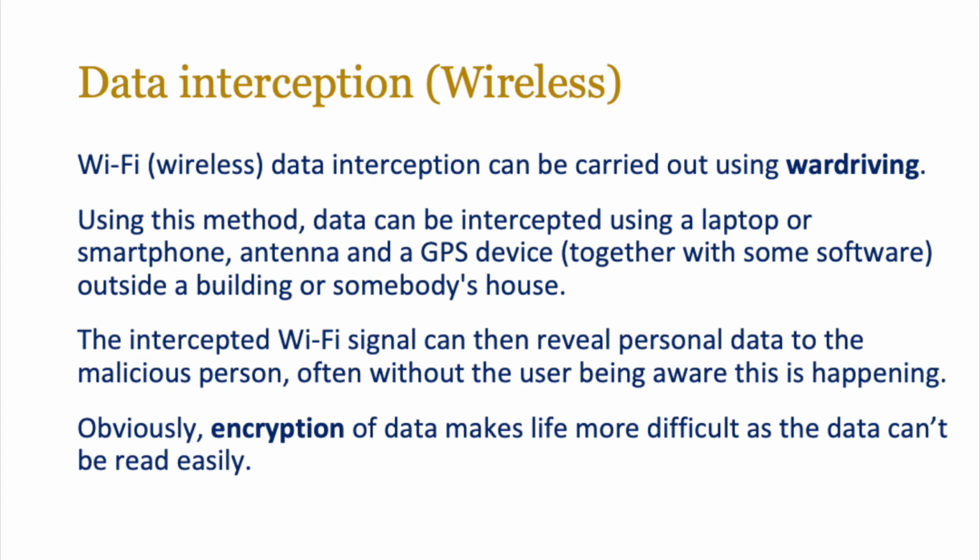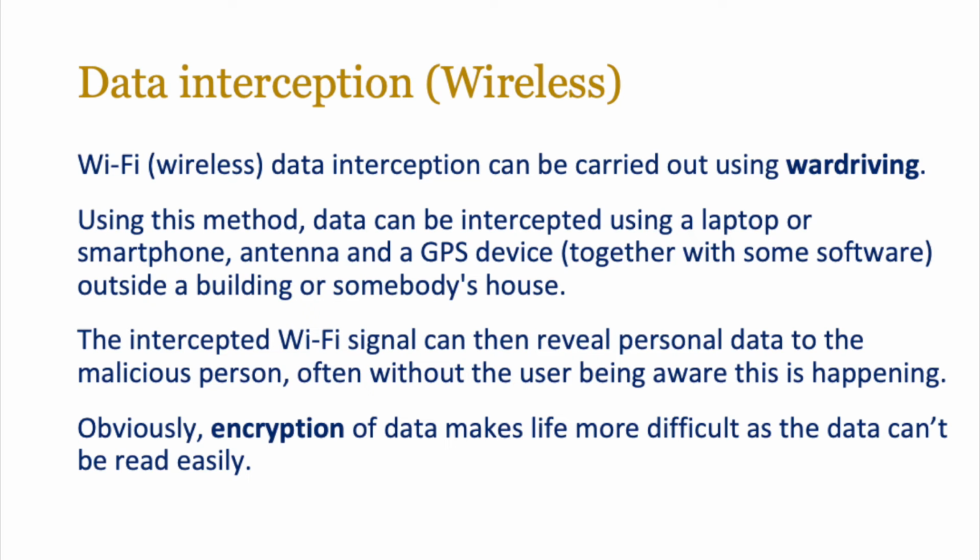If you're using a wireless communication network, then Wi-Fi data interception can be carried out using war driving. Using this method, data can be intercepted using a laptop or a smartphone or an antenna and a GPS device together with some software like a packet sniffing tool. And you normally set out outside a building or someone's house or in a cafe, and you create a fake hotspot. When a person connects to that hotspot, then you intercept the packets that are sending over the network. And this intercepted Wi-Fi signal can reveal personal data to the malicious person, often without the user being aware this